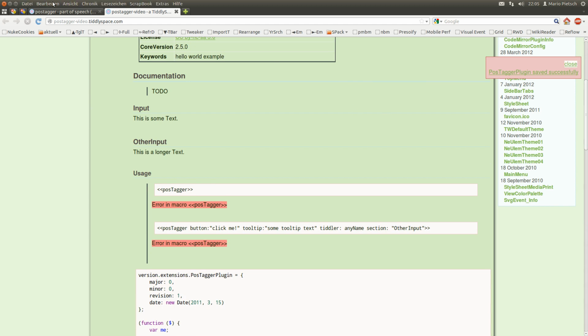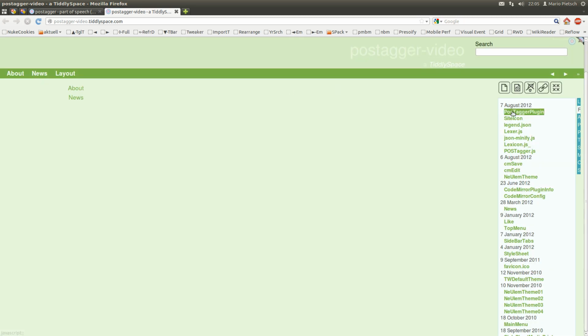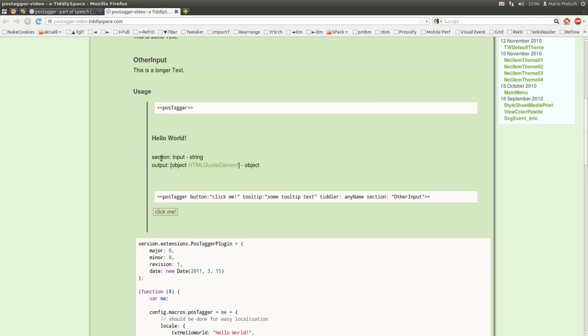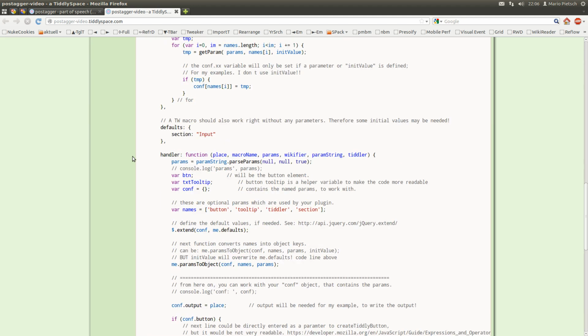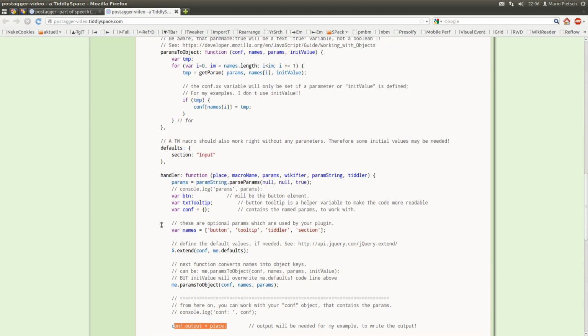Post Tagger doesn't work because we need to reload. It does load. Okay, Post Tagger section is input, and the output is defined here. So there is a configuration output which is place.